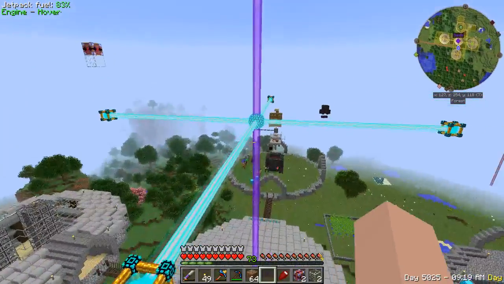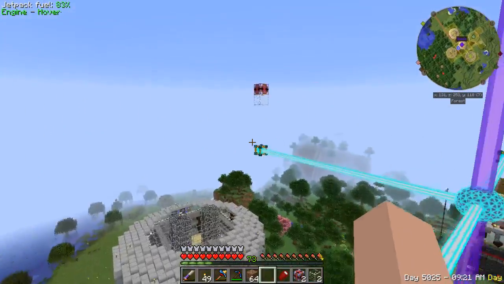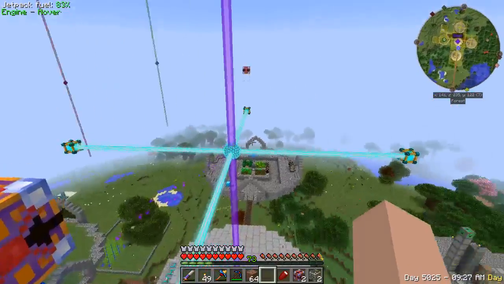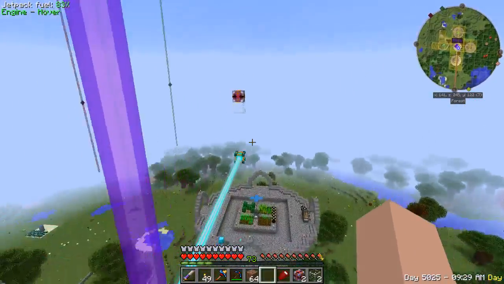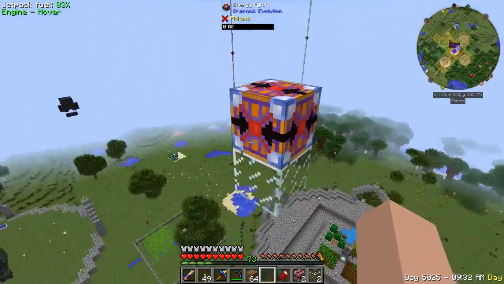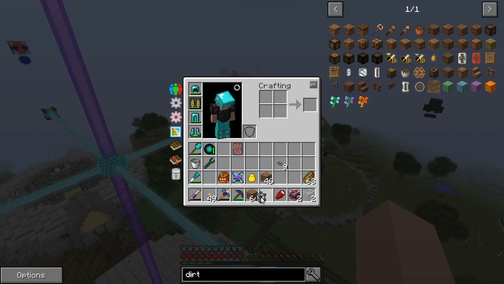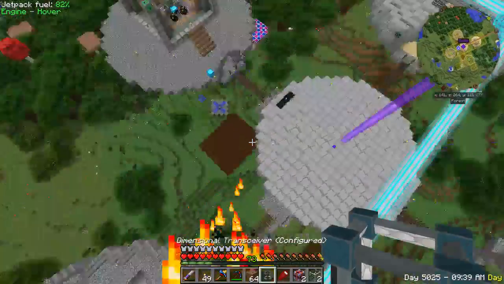And so all of my lines are all linked up, which is good. I should be able to click on this one here. Yes, I can, and that turns that into what it's supposed to be. I should be able to click on this one right here. Boom, it does. And I also went ahead and grabbed the dimensional transceiver from down there at the power shack,